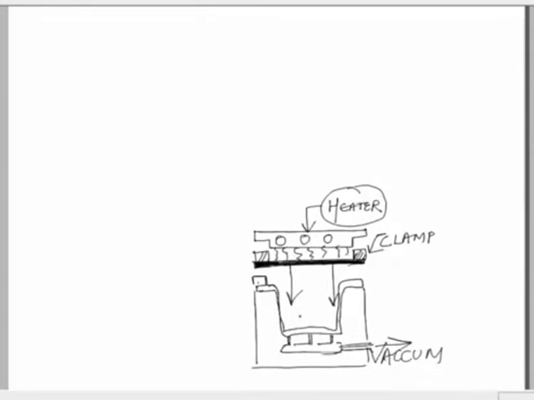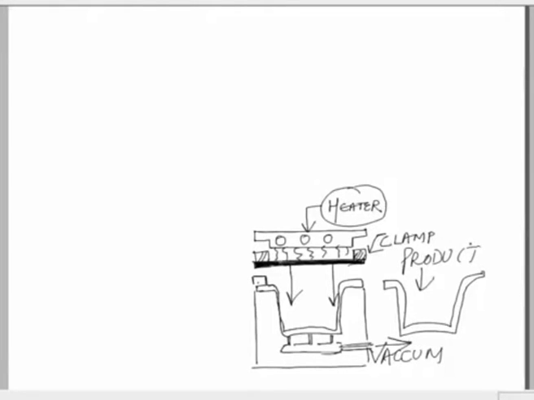So, basically what type of product we will get out from here? We can get a product of this type out of this particular mold. So, this is my final, we can say, product that has been made by this thermoforming process, and this particular variant of the process is called the vacuum forming.